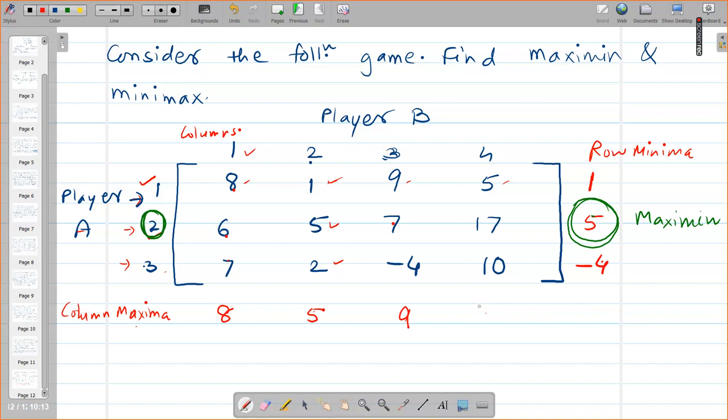9 and then 17. Now as player A ने अपने कार्ड्स डाल दिए, अभी प्लेयर B की चूज करने की बारी है. Among all these losses, he will be interested in minimum loss, of course. Yes or no? Yes, ma'am. And so I'm finding out the minimum among all maximum entries, that is called as minimax. Now what you observe here, is your minimax equal to maximin? Yes. And therefore we say that saddle point exists.